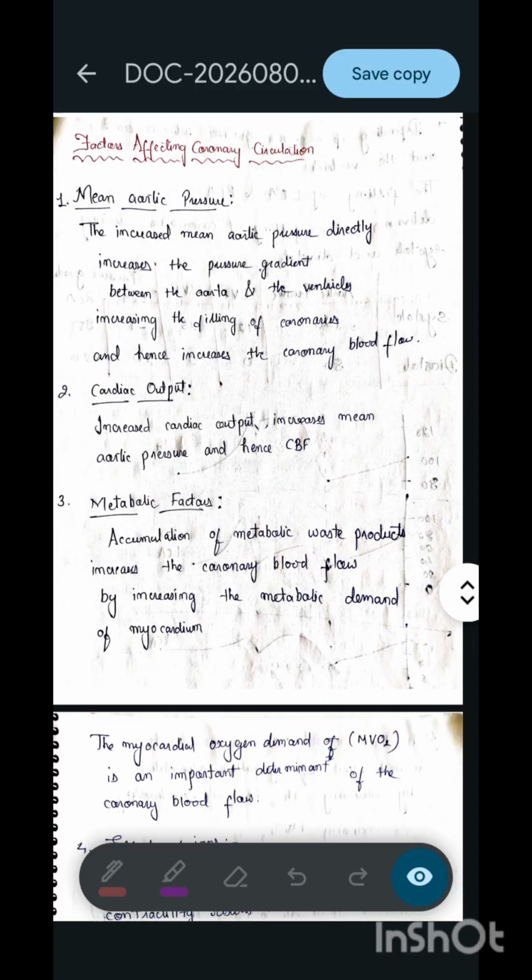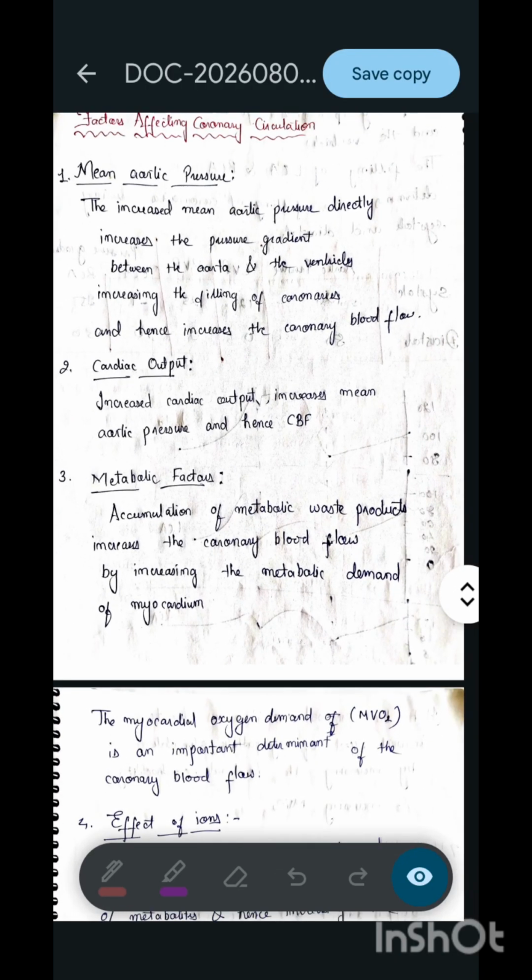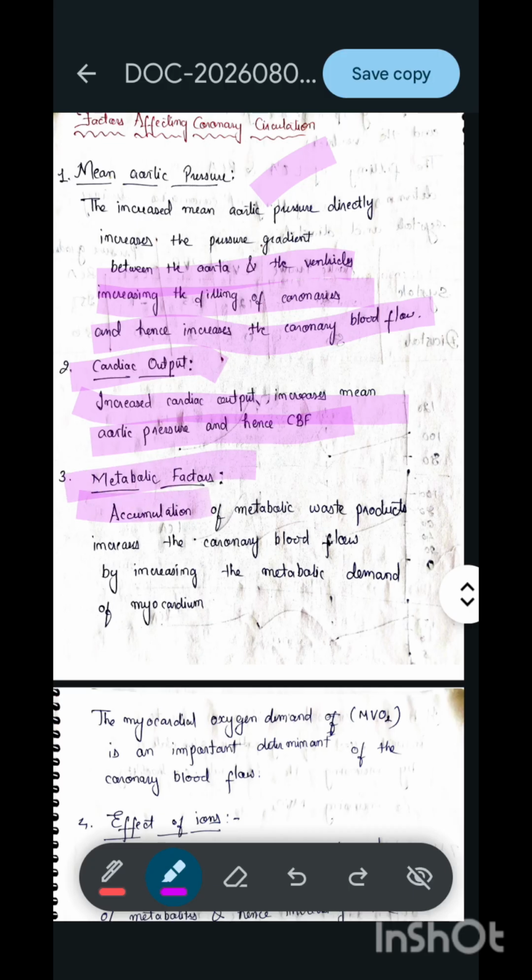Now, what are the various factors affecting coronary circulation? The mean aortic pressure: an increased mean aortic pressure directly increases the pressure gradient between the aorta and ventricle, increases the filling of coronaries, and hence increases the coronary blood flow. So whatever the mean aortic pressure, it directly affects the pressure gradient. Now, an increase in cardiac output increases the mean aortic pressure, hence it is going to increase the coronary blood flow. Now, the metabolic factor: accumulation of metabolic waste products will increase the coronary blood flow by increasing the metabolic